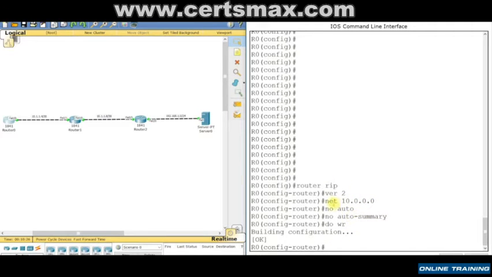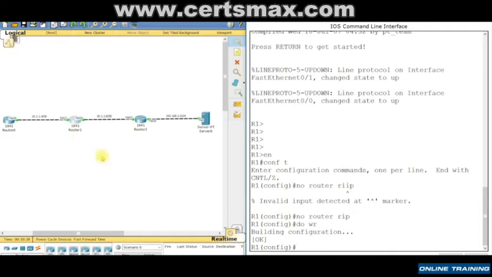So this is the basic configuration of RIP. And there's no real advanced configuration of RIP. All right, so this is RIP. All right, so let's go to router 2 or router 1, whatever the case may be, because we started in 0. We're going to do,